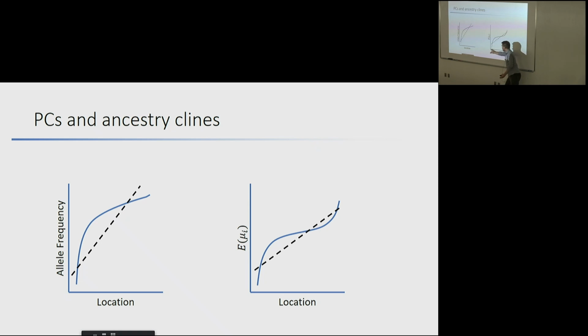However, if we have very diverse data, meaning data that spans the whole cline, then all of a sudden you can kind of see why maybe PCs aren't going to do their job. These are potentially very complicated nonlinear relationships, but you need the residuals to be uncorrelated with each other, and there's no guarantee that that's going to be the case.